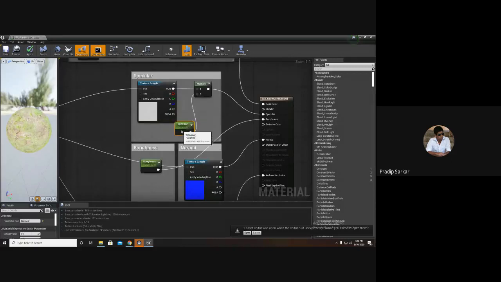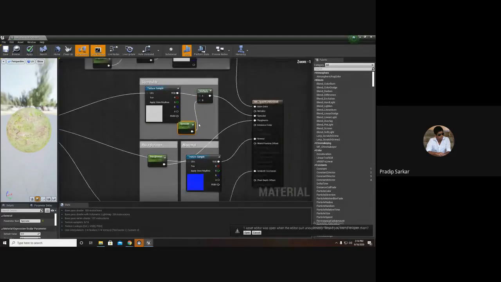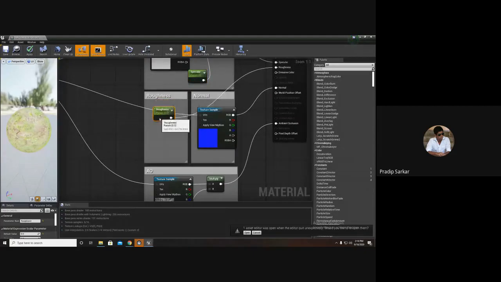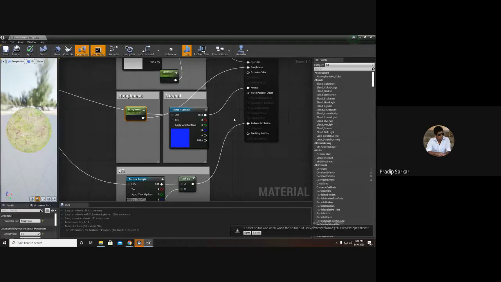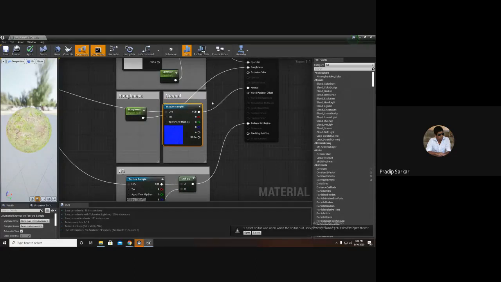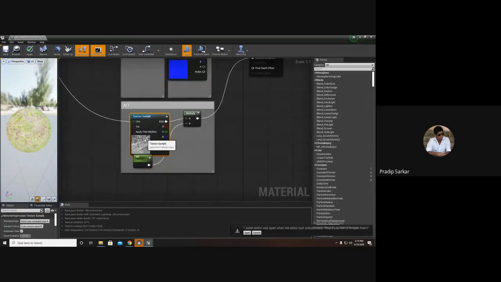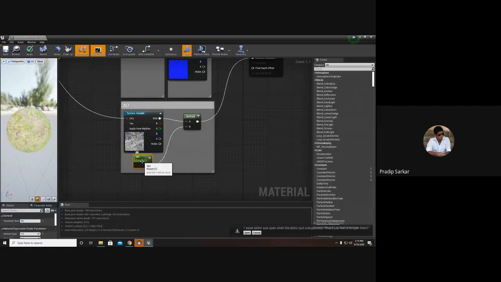I'm multiplying it with a specular parameter to increase and decrease the specularness. For roughness, I'm giving a simple parameter, and for the normal, it is just a simple texture. And again, the AO texture has been multiplied with a parameter to increase the ambient occlusion or decrease it. This is a simple one.